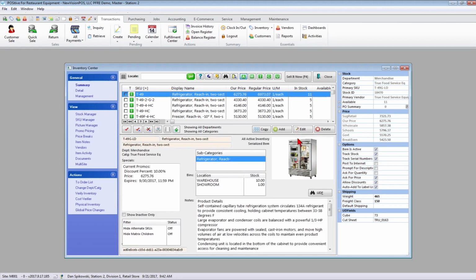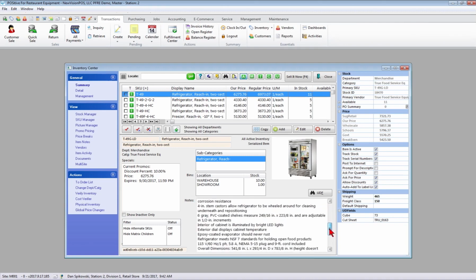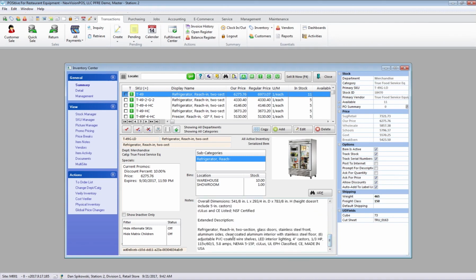Because I have that an alternate SKU, I have a lot of notes. Here you see my product details that I pulled off the internet. Then I have my full spec that came from my AutoQuotes catalog. I also have things like under documents,